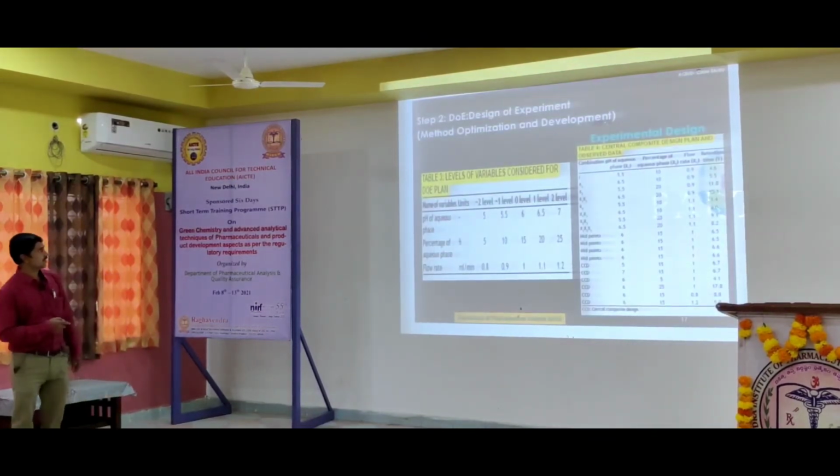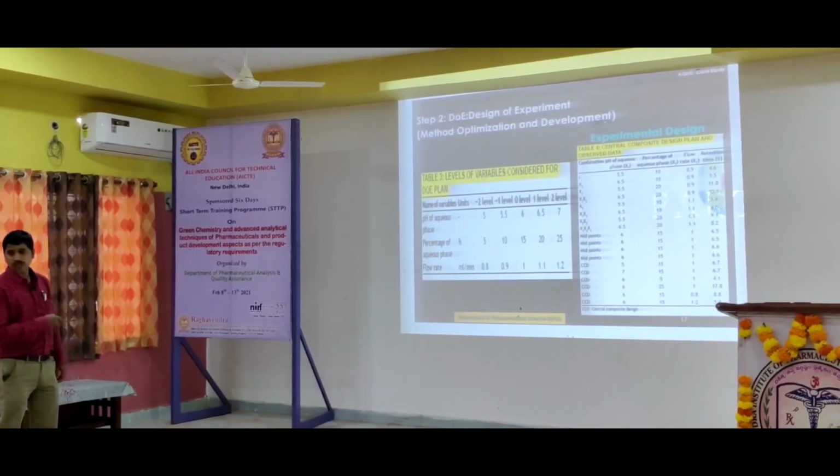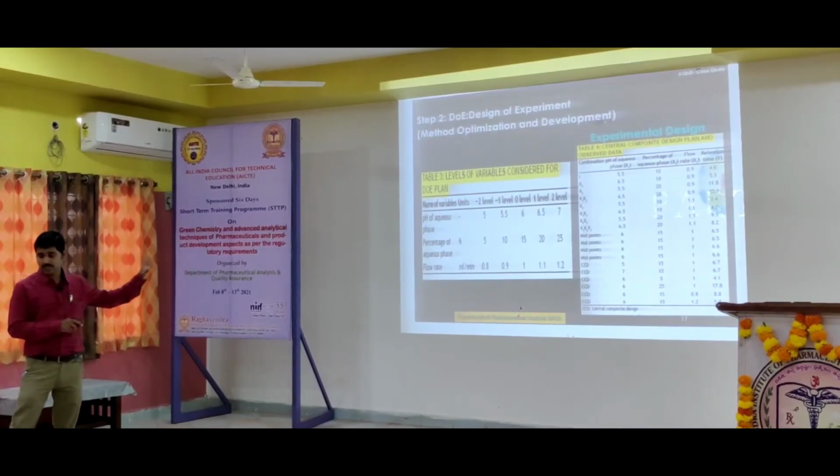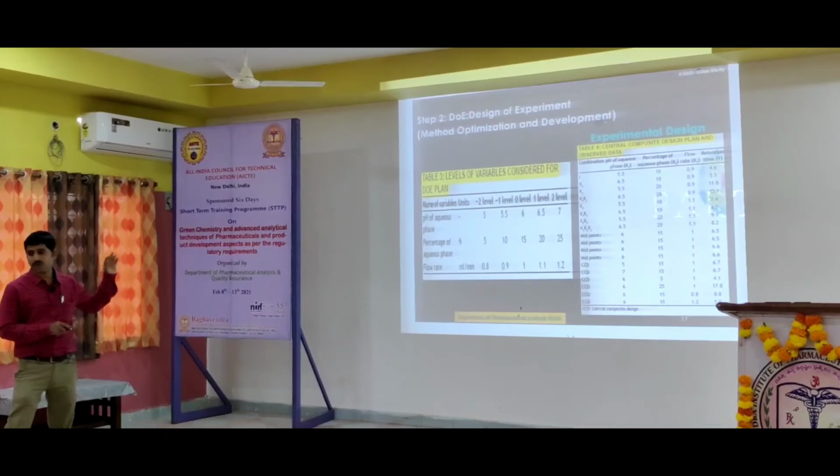See here, this is one example. The three parameters are inputs. You can observe clearly: pH, percentage of aqueous phase, flow rate. They have selected three parameters as inputs, x1, x2, x3. So this level selection is very, very important for us. Once you are able to select these levels, then 70% of your work is over while doing analytical quality by design, almost 70 to 80% of the work is finished. How do we select these?